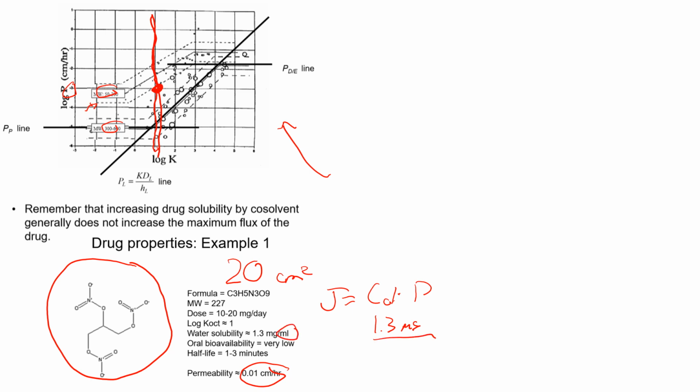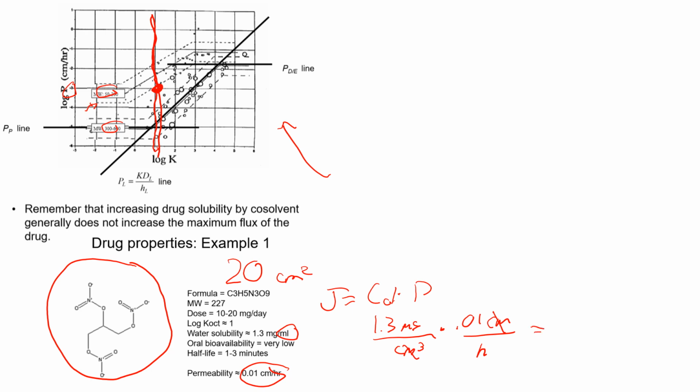We are going to need to convert this to centimeters cubed later. I'm going to do it now. We did a similar thing in the previous example. So 1 milliliter is 1 centimeter cubed, times 0.01 centimeters per hour. So you can see here, centimeters cancels,